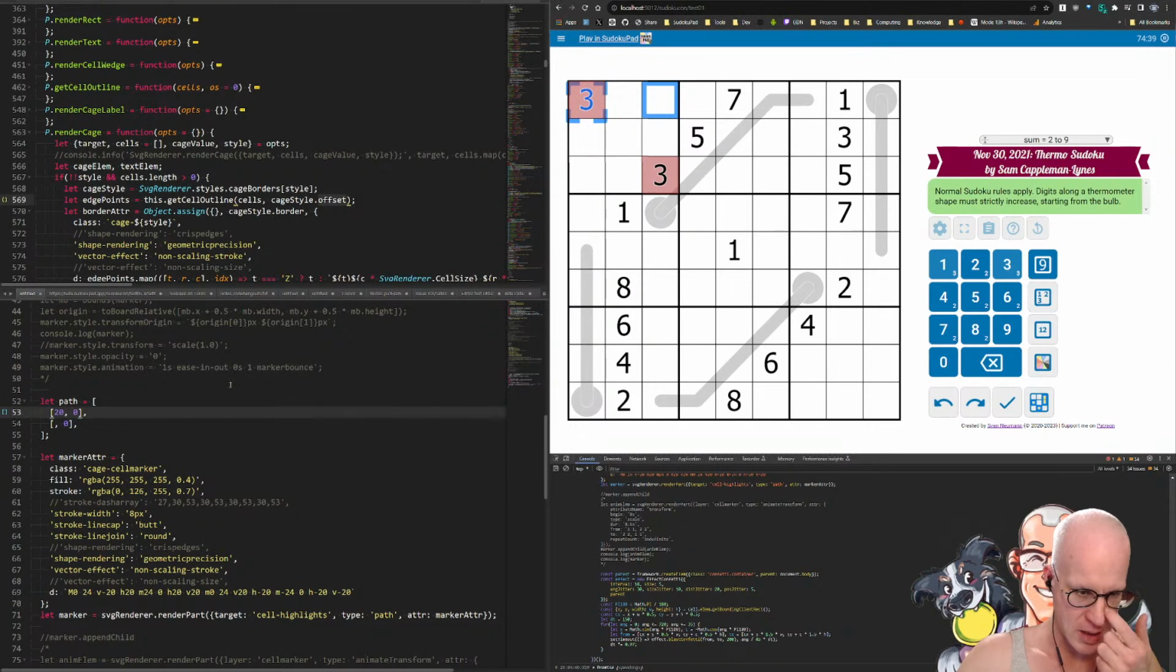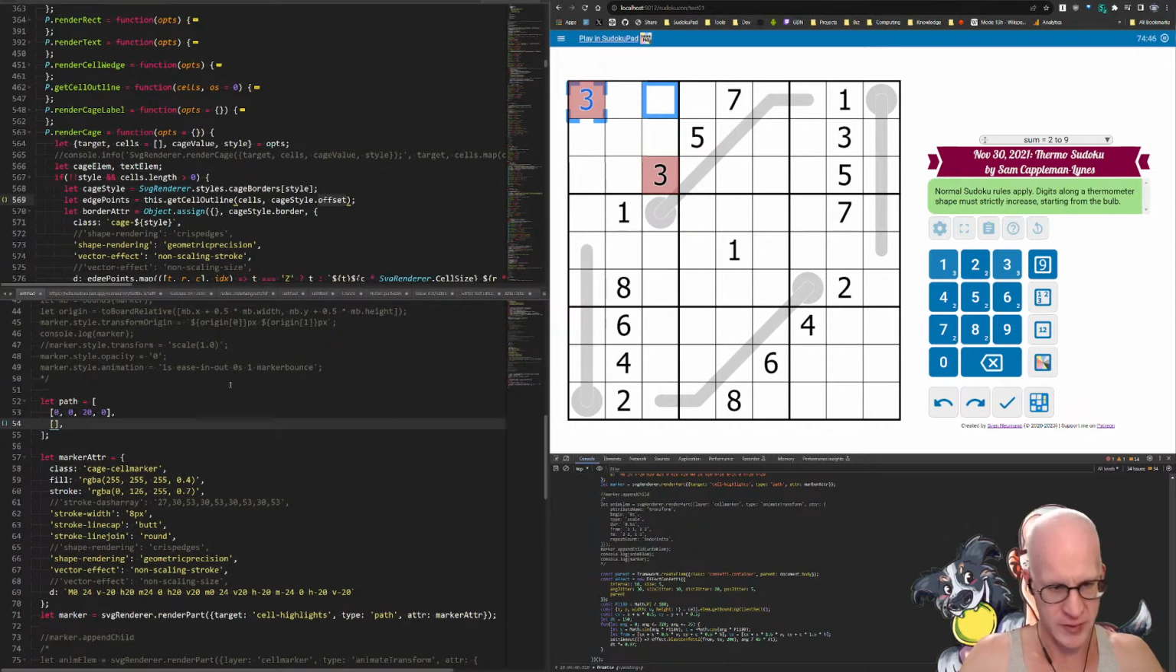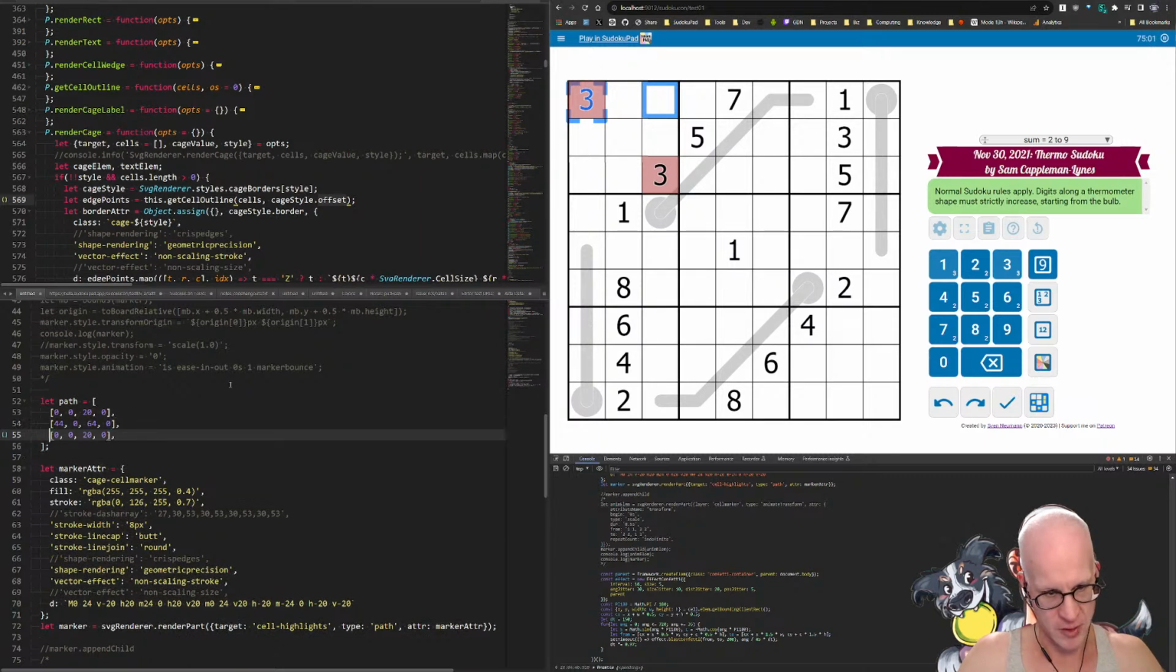No, I need to have each line segment as two points. We go from 0, 0 to 20, 0, right? So we'll have a move and a line, and a move and a line. And then we'll go from 44, 0 to 64, 0, and that's the upper right segment, and then we'll go from